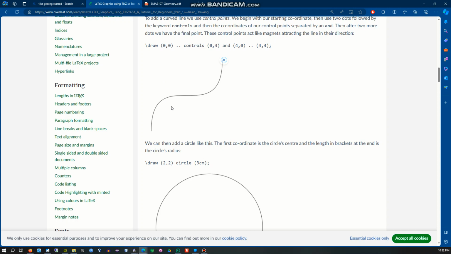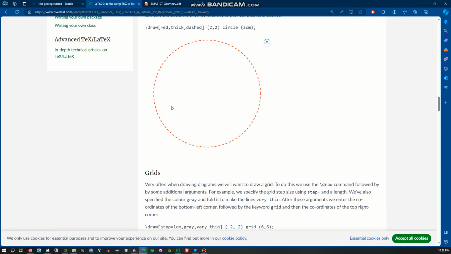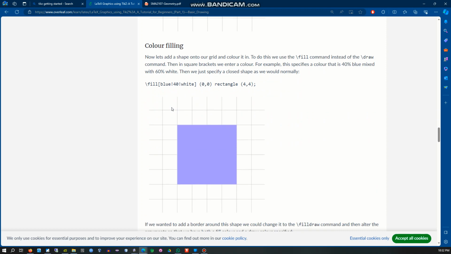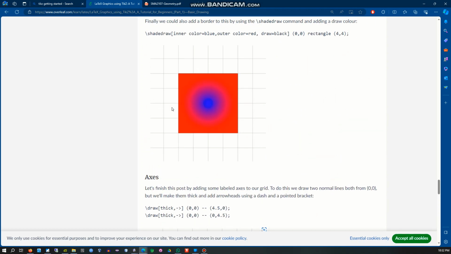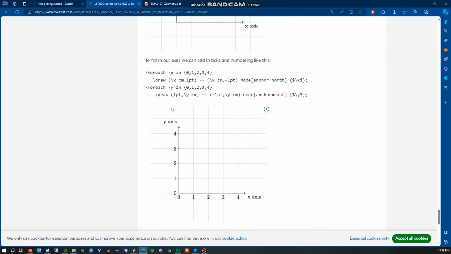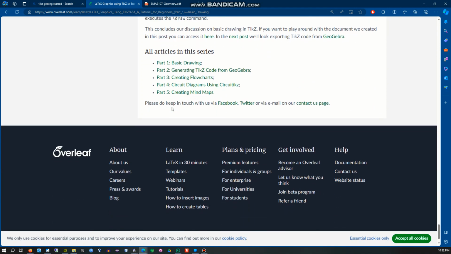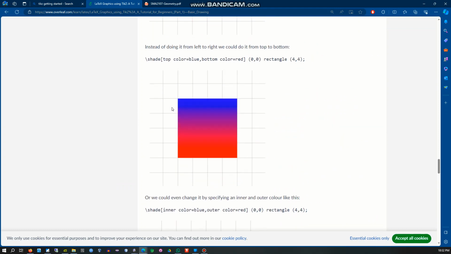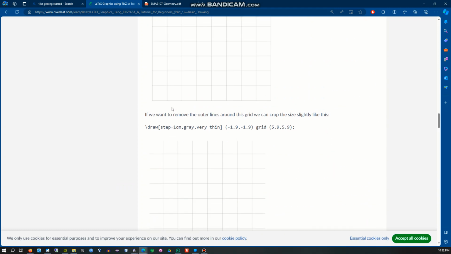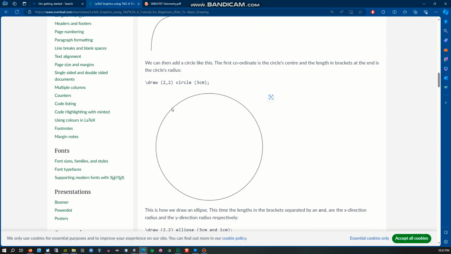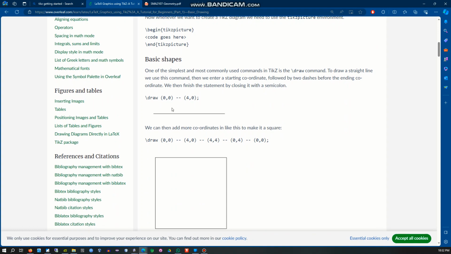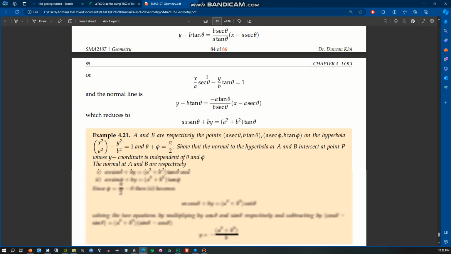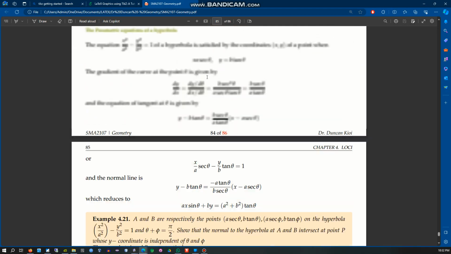You can draw even parabolas, irregular shapes, arcs, grids, filling and shading, etc. You can even have axes and labels. Once you get the basics, it will be easier for you to advance. But make sure you understand the basics, because it will be hard to draw a complicated image without understanding them. Once you're done with that, you'll be able to draw more complicated diagrams and things,